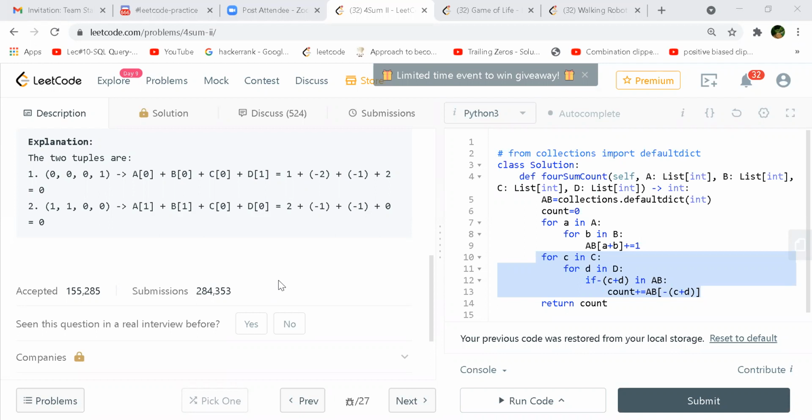Because this problem is not the same problem as that four sum we were discussing in the two sum series. In the two sum series, it was a single array, correct? So you go for three sum for a single array and four sum for a single array. But this is actually a slightly different example where we have four different arrays. So that is why this problem is slightly different than the four sum one, because for those we can use the two pointer approach. Here we can't.